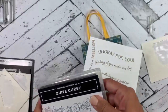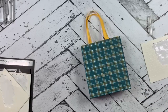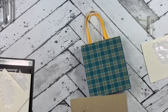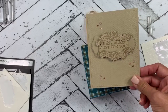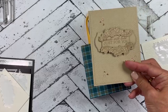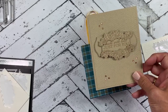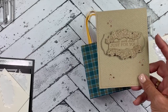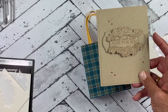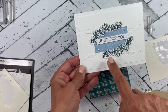So let me show you a couple things that I have made with it already. I made a pretty monochromatic card with crumb cake ink and crumb cake cardstock. That's that tasteful textile design embossing folder, but everything else is from the stamps, and these dies are from the new bundle. And then this is from the new bundle too,